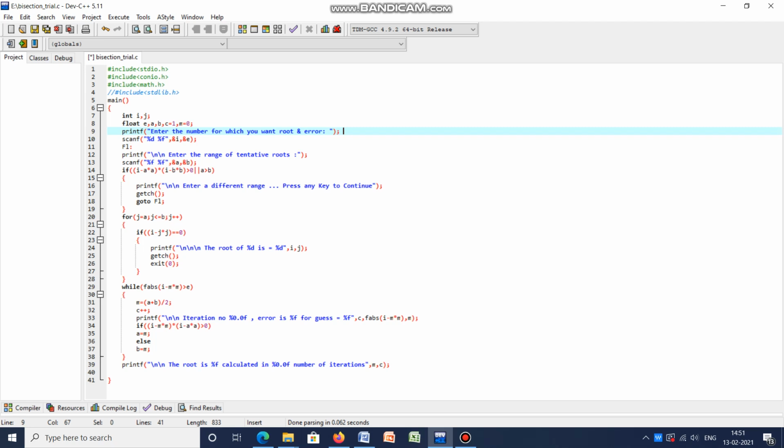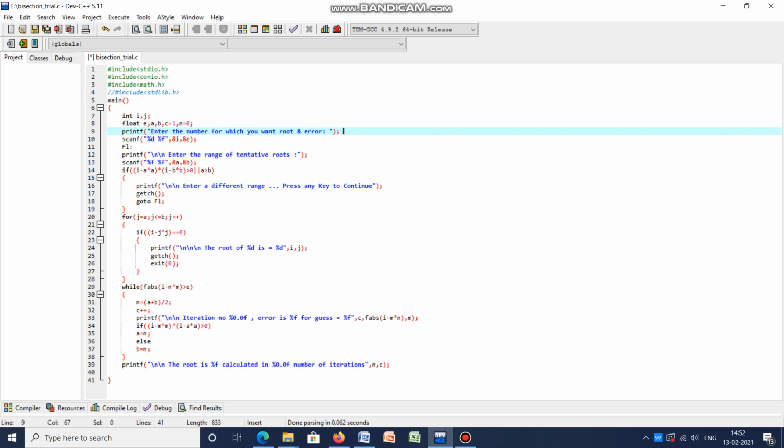So in computational methods, you have to find out the range, which is what I have asked here in this step, to find the tentative roots. In case of 7, my tentative range is 2 and 3, or 3 and 2, in that way I have to give. Suppose I am asking for the range, then A is my 2 here, B is my 3 for the number 7, though I have taken them as floating numbers.